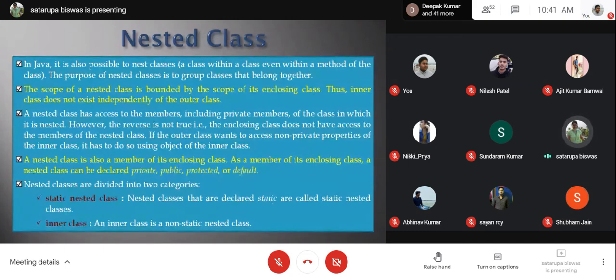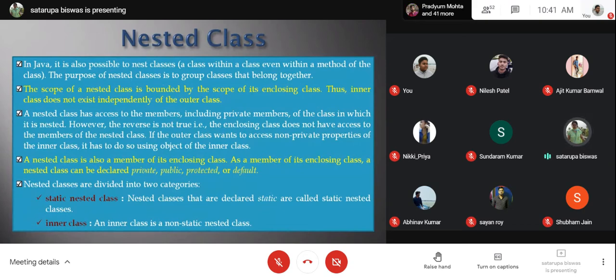So anyway, you can declare a class inside another class. In Java, it is also possible to nest classes. The purpose of nesting classes is to group the classes that belong together.